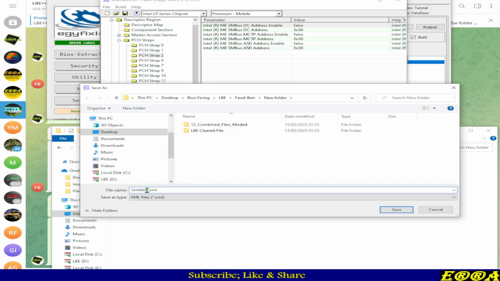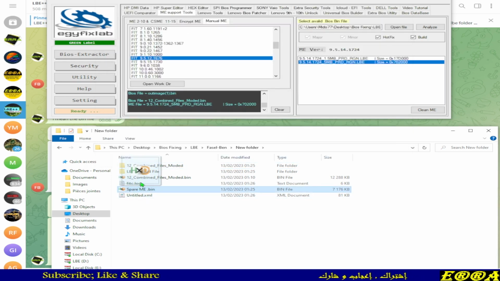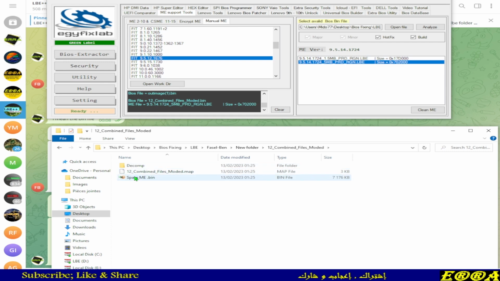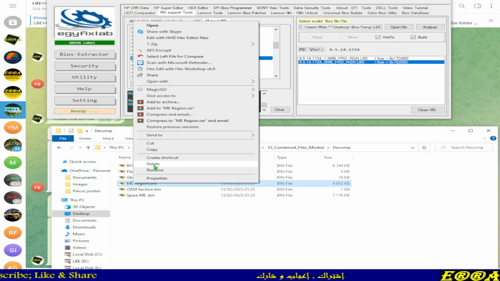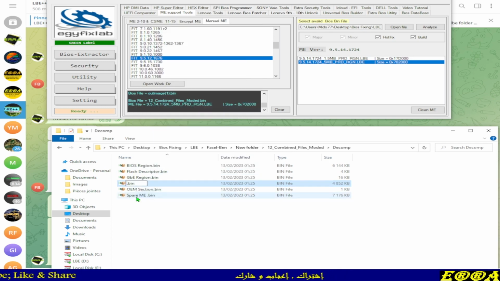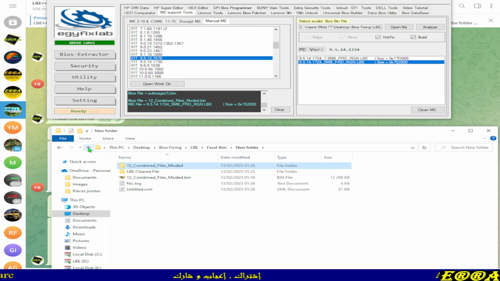Now we have to use another name in case, or let's keep the default as we will get it in this new folder. So we simply have to pay attention that we are working in our working folder. So let's close, we go back here and we move this permit to here again, we open here, we move it to here, we open, we right click the BIOS region, rename, right click cut, ME region, right click, rename, right click, paste, my region is